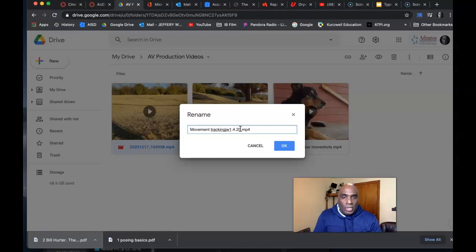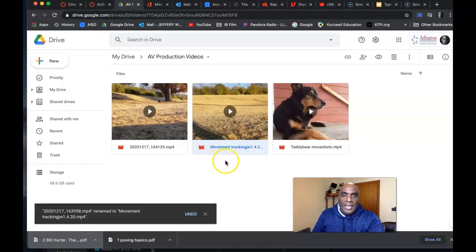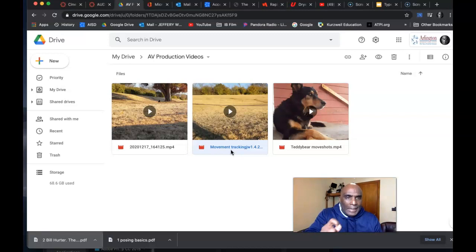I'm going to be asking you to do something with this to demonstrate that you understand this. So 1, 4, and that should be my initials, JW. Then I'm going to click OK and see how that changes. This way, when you need your files and you need to find them, you can come to Google Drive, instantly find that video, click on it, and go through Canvas and upload it quickly. Your ability to organize and do these things is going to be critical to everything you do.